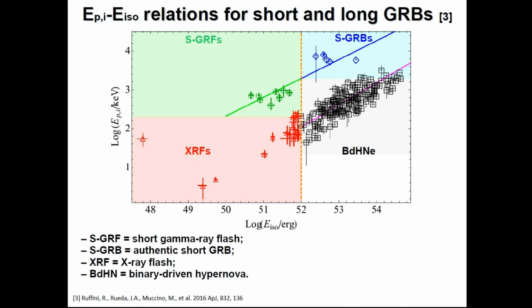And also it's not so clear, because some sources which seem to be short actually are not short. If you just correct the redshift, eventually you have some sources which are borderline, which last 1 second, but actually they are not short, because if you look at the energy, if you look at the EP,